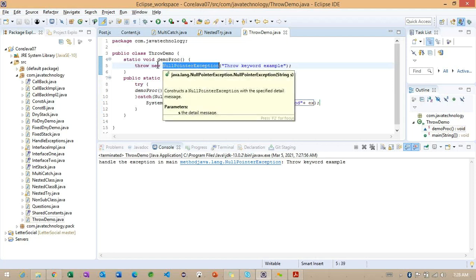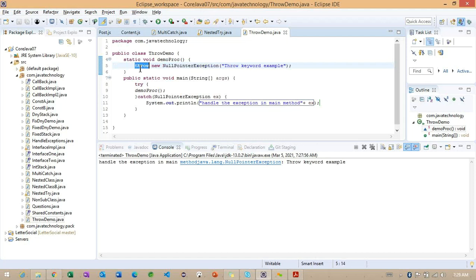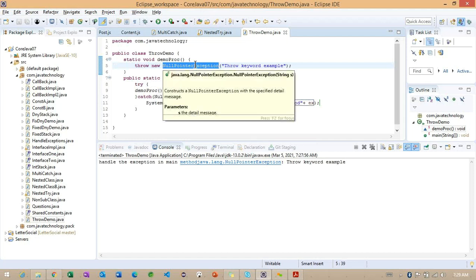To throw some exception, we use the throw keyword and we create an object using this particular constructor. Right. Now we'll see one more keyword here, something called throws. Basically, instead of throwing an exception, sometimes we don't want to throw an exception. What we can do is handle this exception information at the method level. Getting the point?